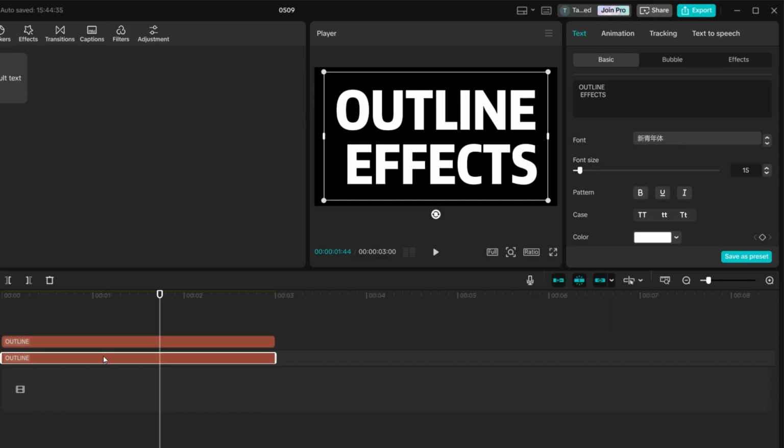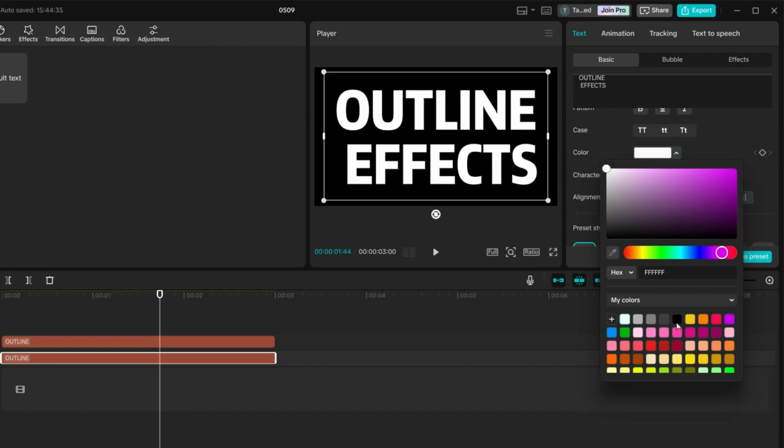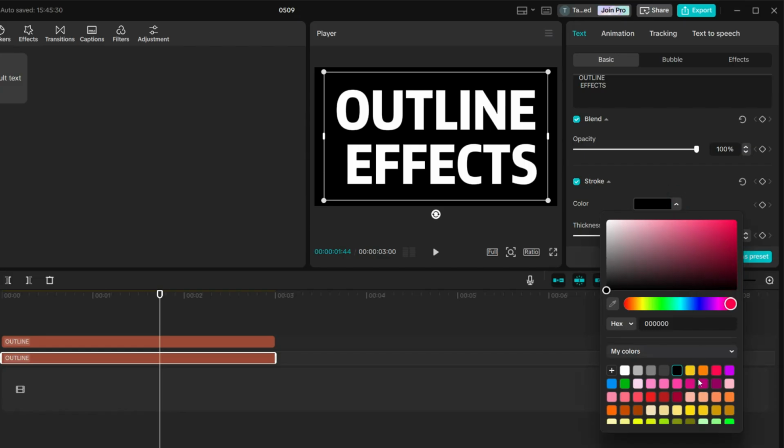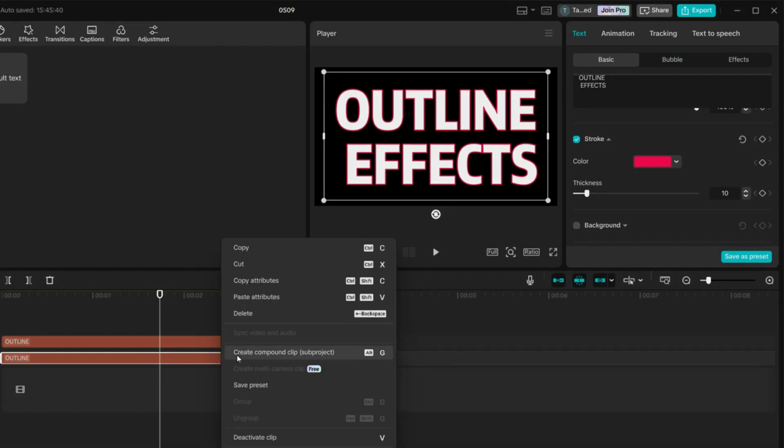Click on the blue layer. Go to the text and select the color to black. Head to the strokes, click on that and use the stroke color. I'm using red one for my case, and reduce the thickness to 10. Then right click and create compound clip